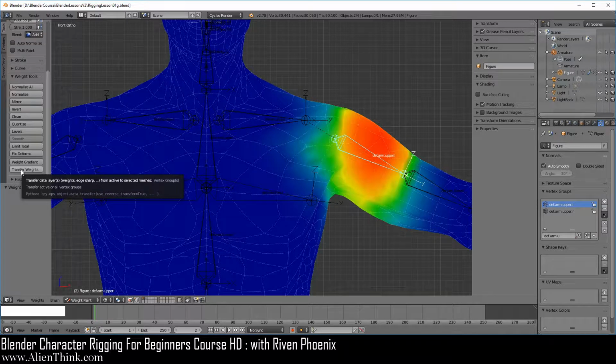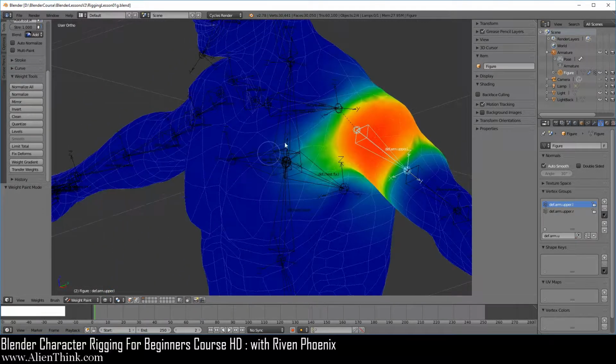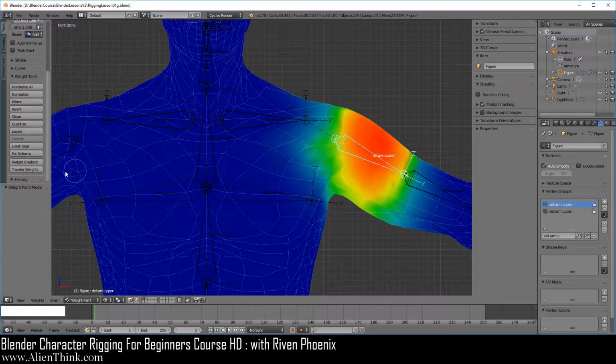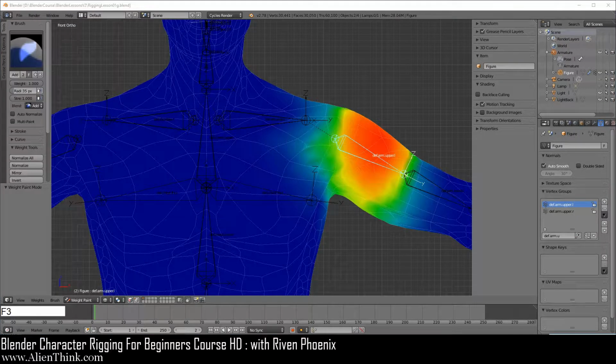Basically, the idea here is that you can take a different type of object that does not match the topology of this figure and tell Blender to project the already assigned weights to that new object. It's a very powerful concept. Now, the thing about it is that when you want to understand how to use it, it's difficult to get your mind around what it's doing. So what Blender does is actually give you another way to understand this.